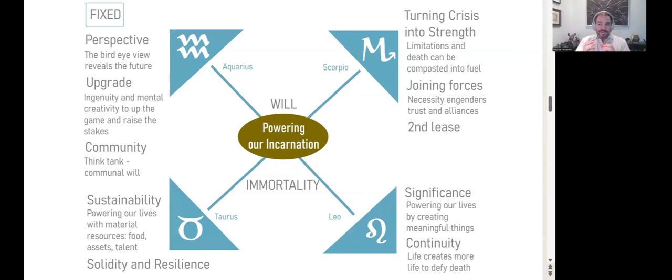The reason is that the fixed signs represent what we, as incarnated beings, how we use our free will to make life meaningful and to manifest the divine plan. So how are we channeling the higher purposes into manifestation? This is why the fixed signs represent the kingdoms,